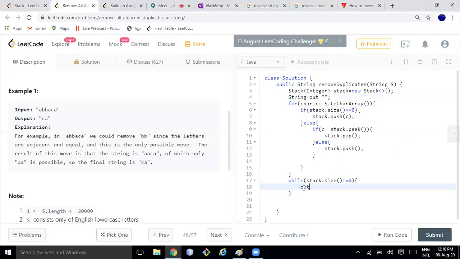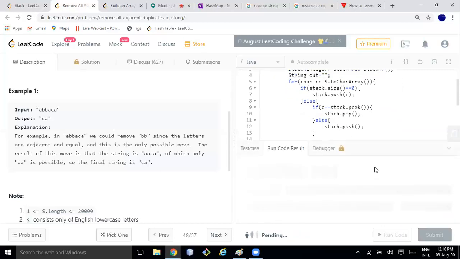I'll do out plus equal to stack dot peek, and then I can pop. So I have out. Then I can do new StringBuilder of out dot reverse dot toString, and this I am going to return.